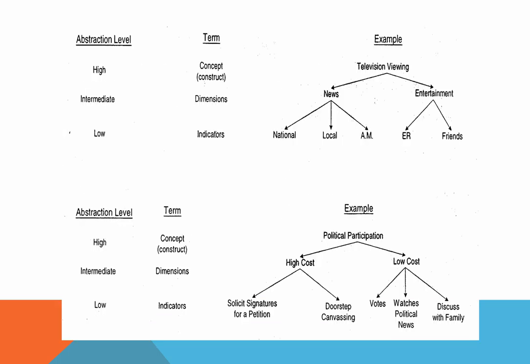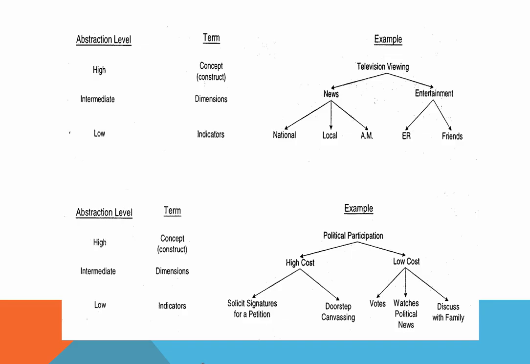So what does this look like if I were to map it out visually? I'm a big visual person. We have various levels of abstraction, but we have to take the very abstract and try to measure it with observables, directly observable things. This is a very simple illustration, but here we have television viewing. Do you watch television? What do you mean by that? Some people might be interested in to what extent you watch entertainment television, and to what extent you watch television news. And then you could even